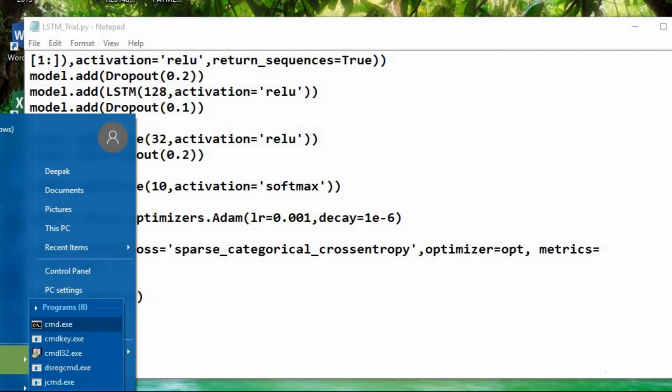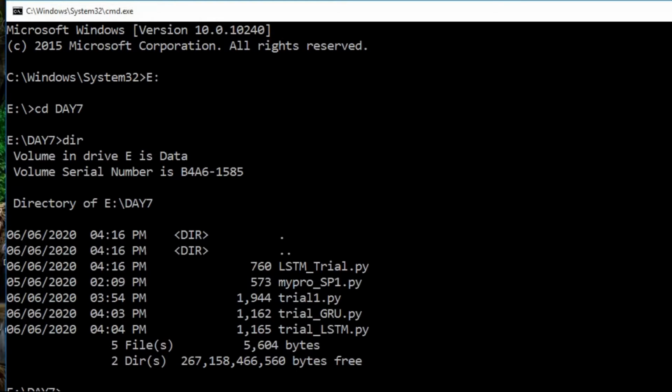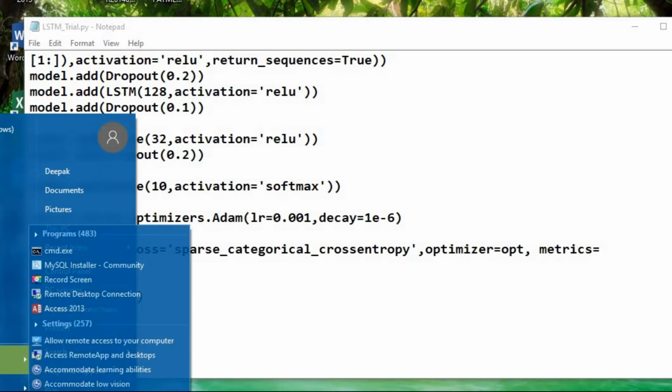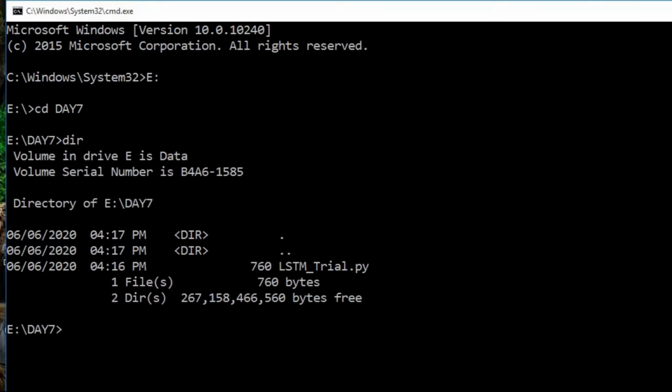Let's run it using the command prompt, python lstm trial.py.